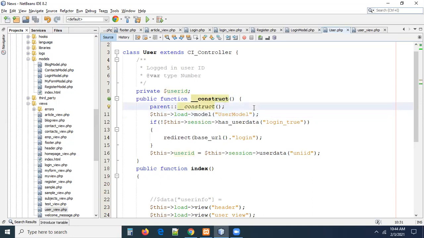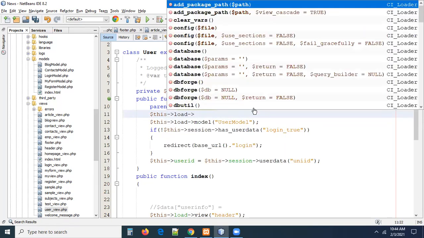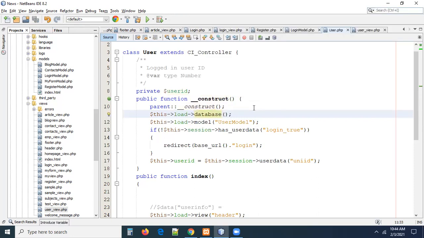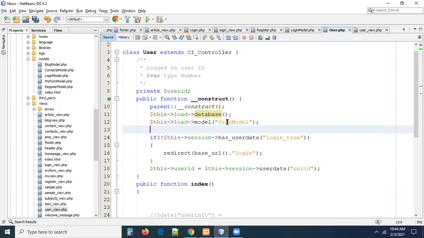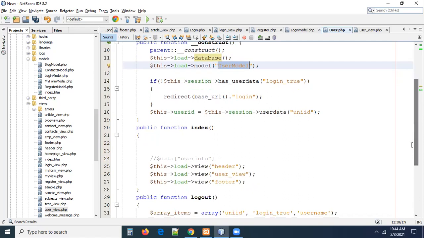Once the model is done, immediately we have to load the database also. This of load of database. The database also should be loaded, guys. If you want to perform any operations with the model, definitely the database should be loaded. And we loaded the database. In this, we have to create one method to get the logged in user info, guys. But we didn't create any model first of all, right? So with that model, you can call the method, this of